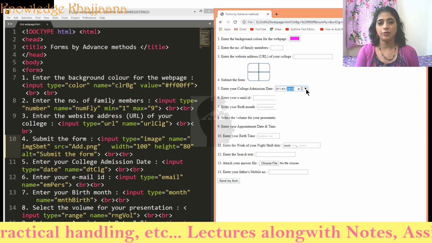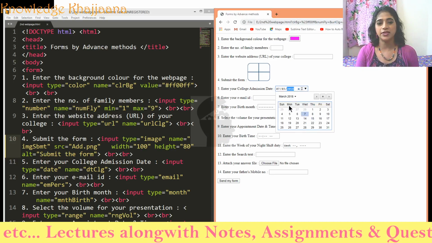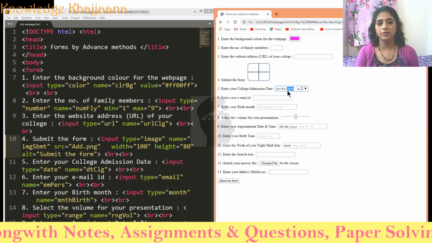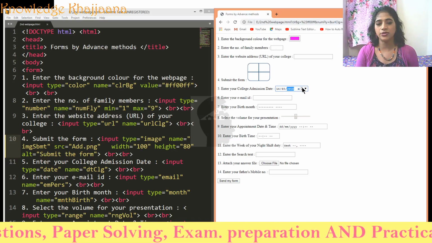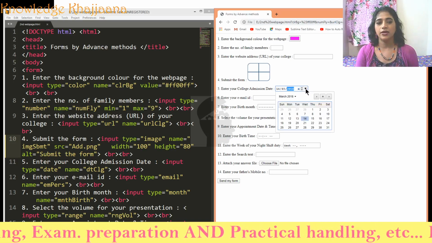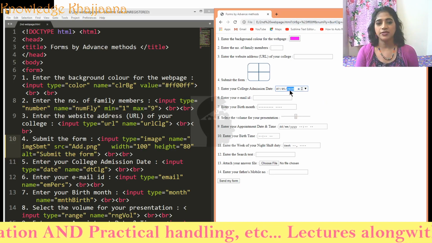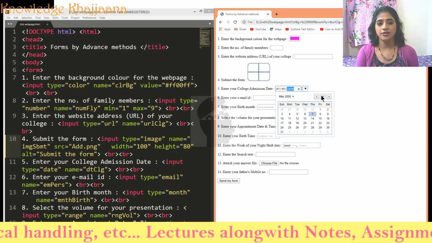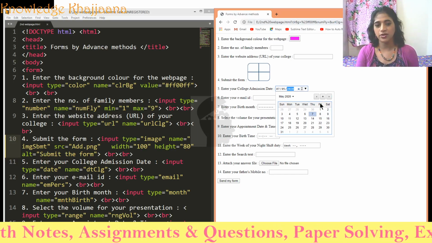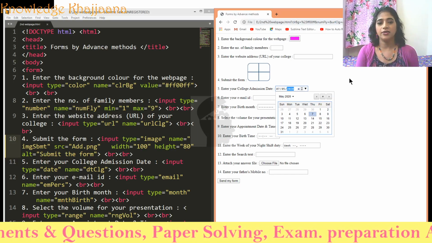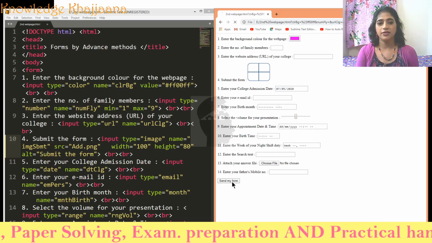See, the calendar component opens over here. So you can select any date. For example, 14th March 2018. And you can increase or decrease by using these arrows. Okay. And look at it properly, this bullet like symbol is over there, it sets the current date.